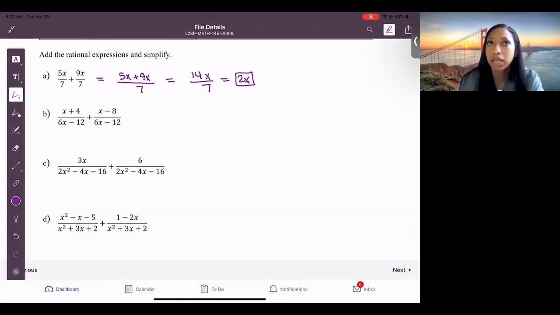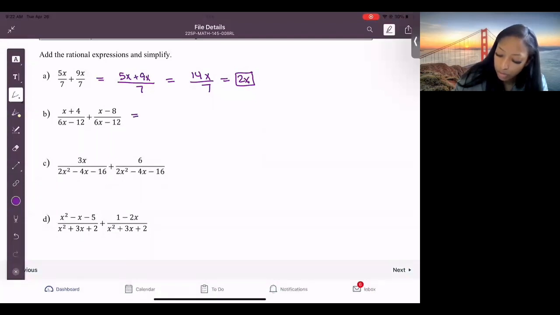So with multiplying and dividing, we factored first and then did the multiplication. With addition and subtraction, we'll add or subtract first and then simplify. So factor second. All right, for part B, x plus 4 over 6x minus 12 plus x minus 8